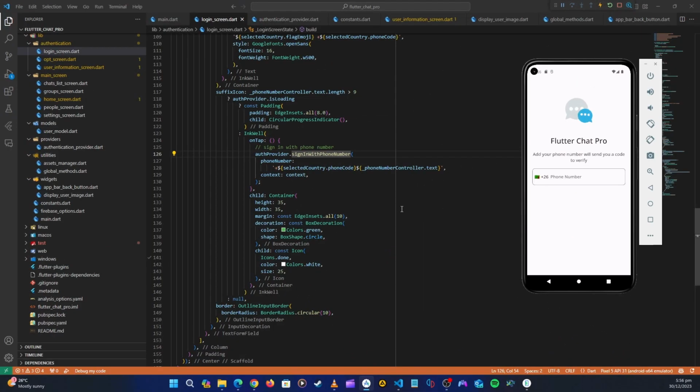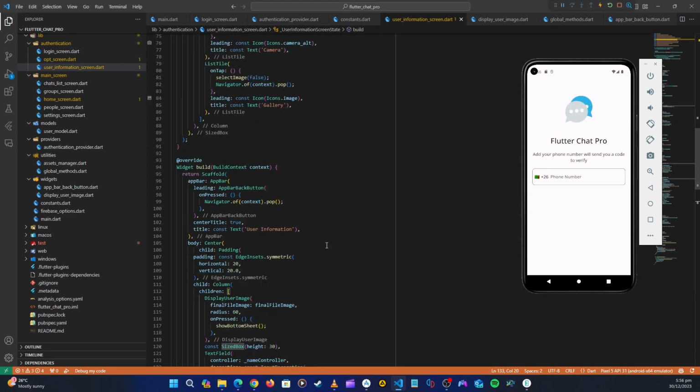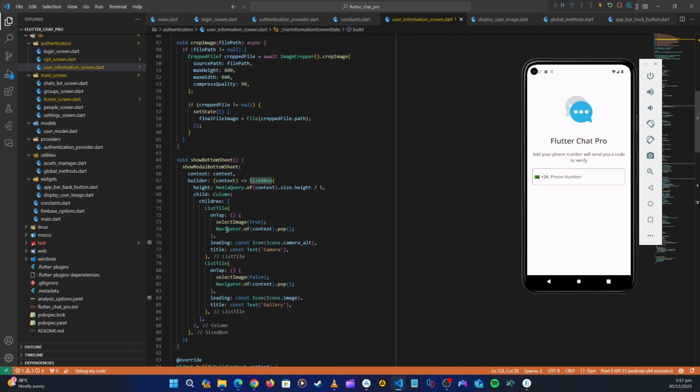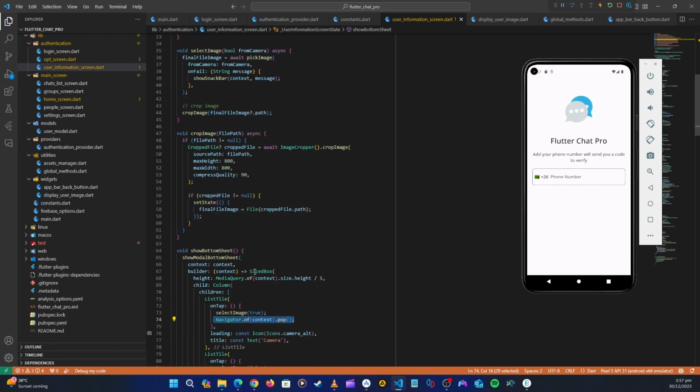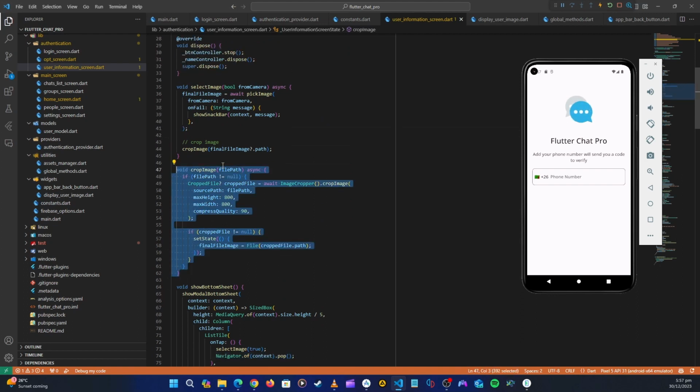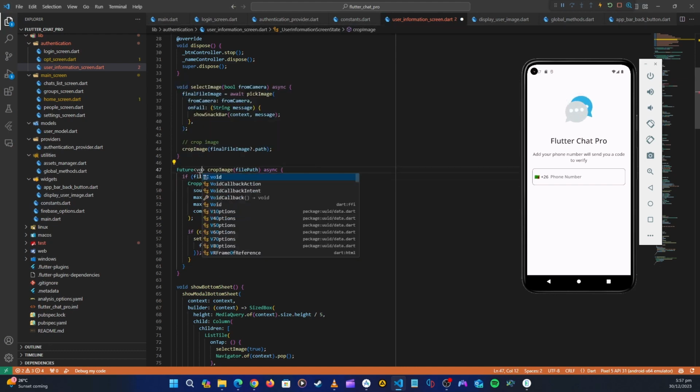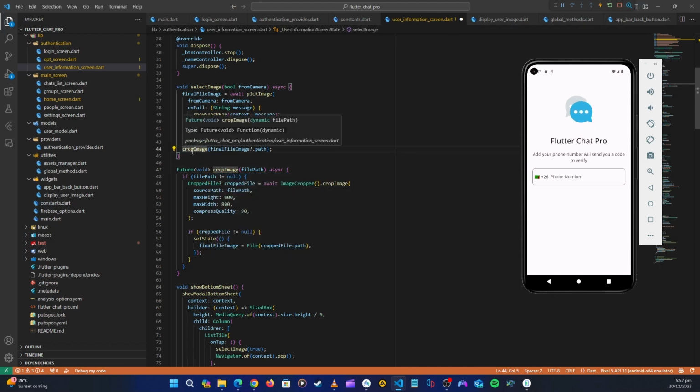So the other thing we can change quickly before we test this, let's head back to the user information screen, and then here where we are popping this, maybe let's improve this. So what we can do is to pop this properly. We can wait for the crop activity to finish. Okay, so to do that, let's change this method to a future, and then this will be just a future void, which means now here we have to await for this method to finish,